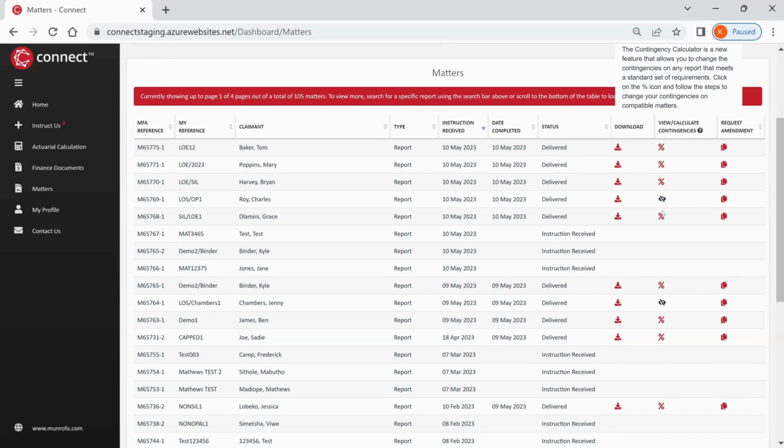If it is within the 3 months, you would then see a percentage icon and you would be able to go and play. And the reason why I say play with the contingencies is this system allows you to try different contingencies as many times as you want, free of charge. And the beauty of it, it does not adjust your original report. Your original report will stay as is. This will just create an addendum for you that you would then be able to serve in conjunction with your